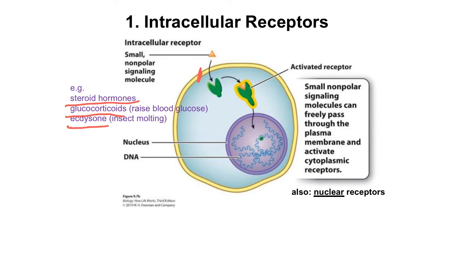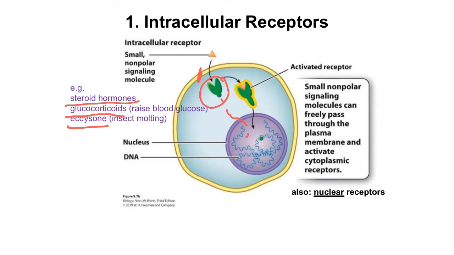So once the signaling molecules are inside the cell, they can actually bind to a very specific receptor, or receptor proteins particularly, and they are located in the cytosol, or sometimes they are in fact even located inside the nucleus. Okay, so these small non-polar signaling molecules can also traverse all the way through and can sometimes bind to receptors that are found in the nucleus. But in this particular example,